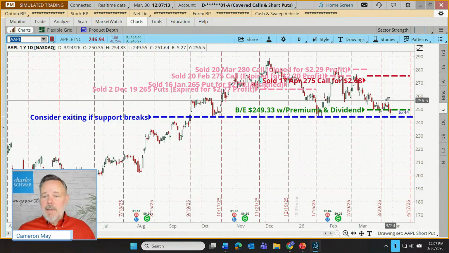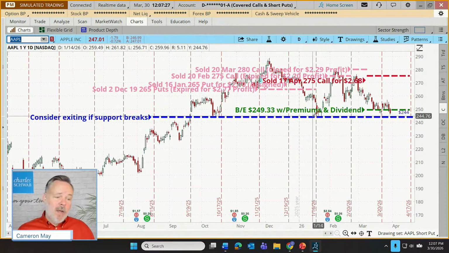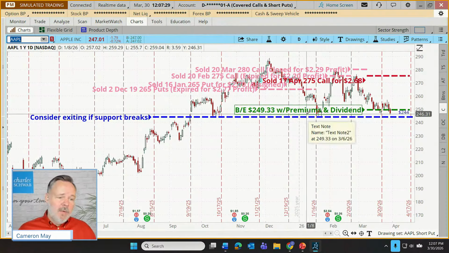And this stock has been coming down. Now, right here, we have a note to consider exiting if our support has broken at about 244. You can see that level right there. We've been keeping an eye on that now for quite a while. I think we're going